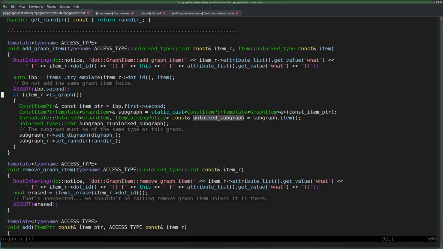We want to fix digraph and the rank thereof, I think. Really weird. It would be item R then. What is it doing then?